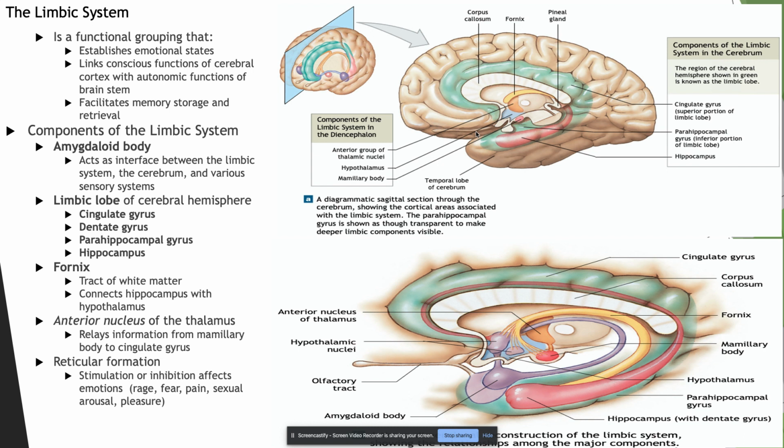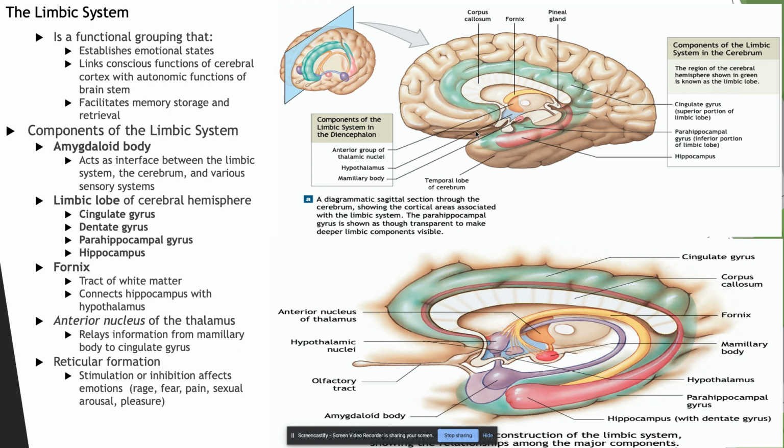In the diencephalon, several other nuclei in the wall, the thalamus, and the floor, the hypothalamus, are components of the limbic system. The anterior nucleus of the thalamus relays information from the mammillary body of the hypothalamus to the cingulate gyrus on that side. The boundaries between the hypothalamic nuclei of the limbic system are often poorly defined, but experimental